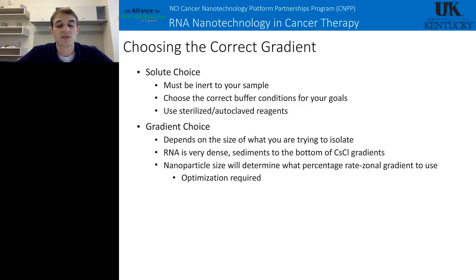And it goes throughout this entire presentation that it's very important to use sterilized and autoclaved reagents. In our lab, we always autoclave all of our tips, our tubes, our buffers. You need to do that to make sure you prevent degradation of your samples.